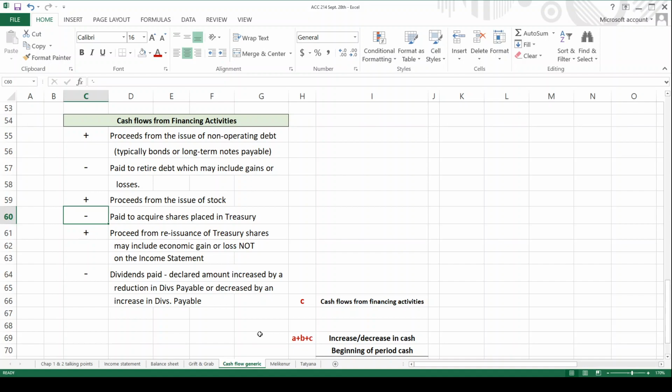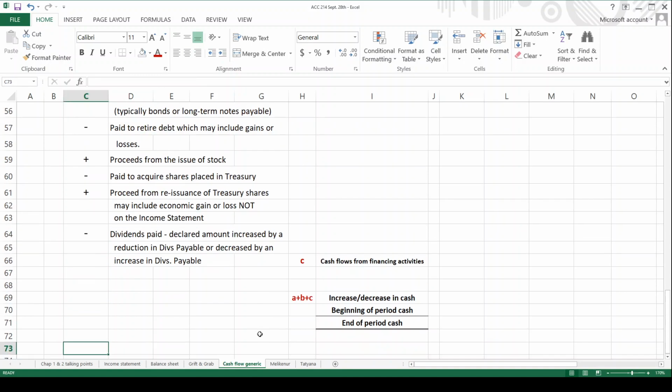If you reissue treasury stock, that's going to be incoming, and that could get really complicated if you were in ACC 202, which we're not. So for proceeds from treasury stock, we're going to assume that we sold the treasury shares at cost, which makes it easy. Dividends are going to be a reduction in retained earnings,